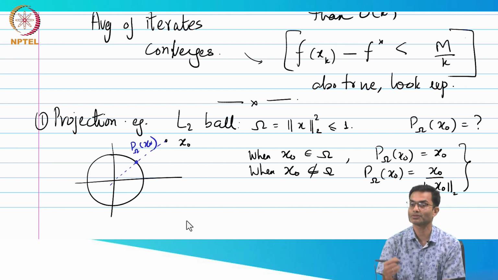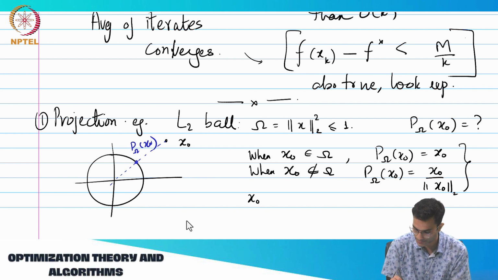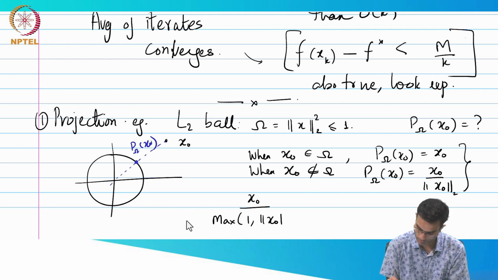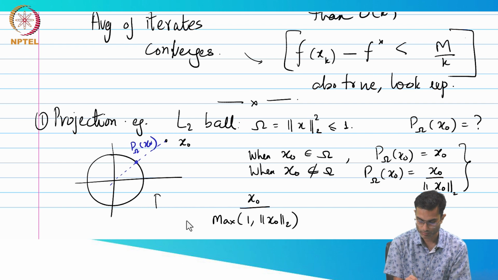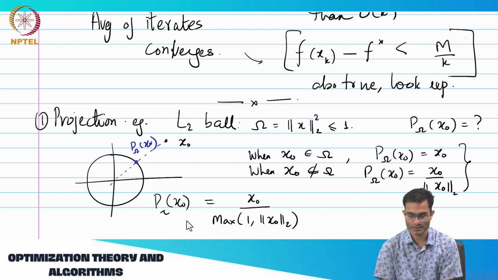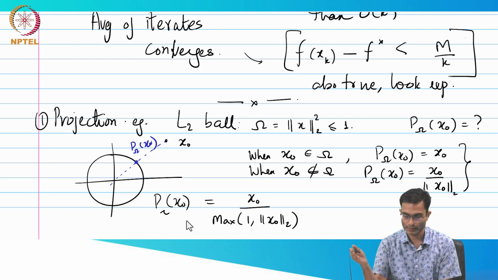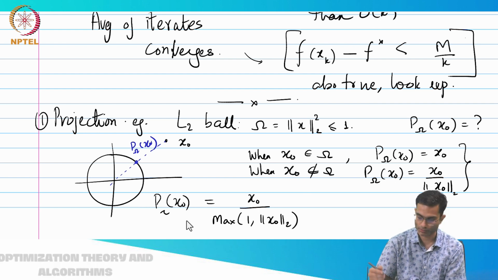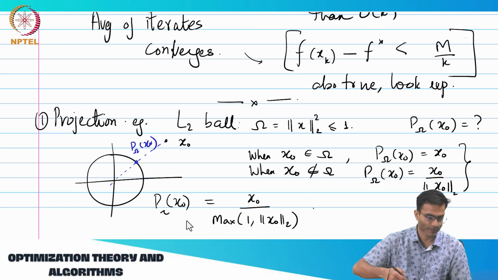So basically, if I use the max operation, supposing I write this as x naught divided by max of 1 comma norm of x naught, does this work? Right. When norm of x naught is greater than 1, I'm outside, then this will give me the unit vector. When I'm inside, 1 is greater than the norm of x naught, it gives me back x naught. So this is your first very simple example